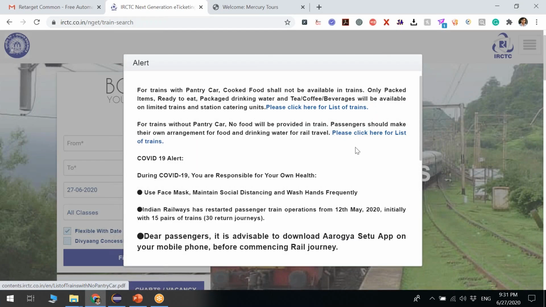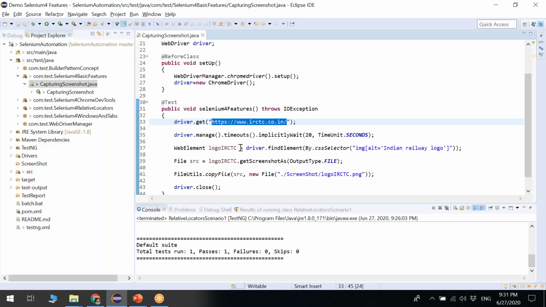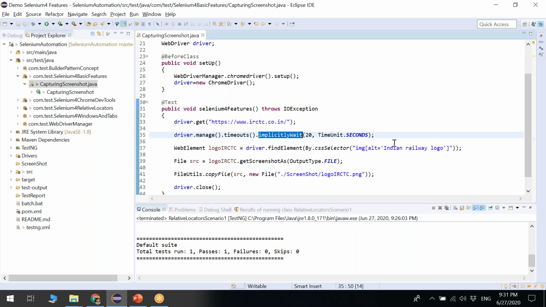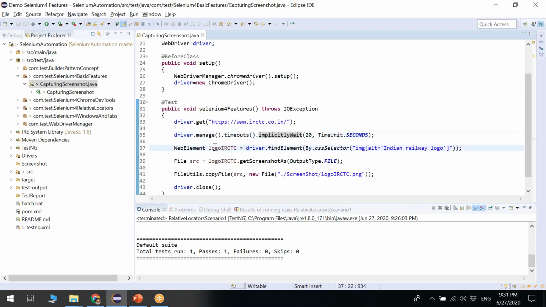So this is the web page. It will load, and in this web page, I'm not going to capture a screenshot of the whole page. I am just capturing a screenshot of this logo, the Indian Railway logo. Let me show you how I'm doing it. Here I am launching the website, here I am using implicit wait, and here driver.find element. This is the CSS locator of this image. This is a web element, and here we can use the web element logo irctc dot get screenshot as